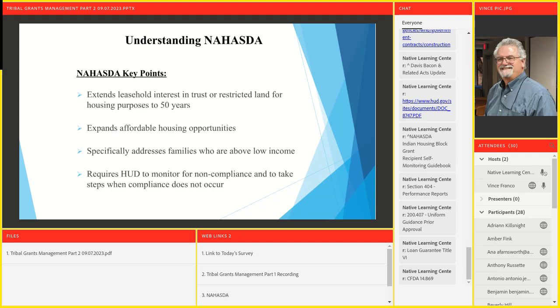Okay, very good. Moving along, making good time, good progress. Don't have much further to go. Next points: it extends leasehold interest in trust or restricted land for housing purposes for 50 years. There's that 50-year reference again. It expands affordable housing opportunities. That's the whole point of NAHASDA, expanding Native American low-income affordable housing. When I say affordable, they're talking low income. And they do give a definition in there. The next bullet specifically addresses families who are above or below the low income. And it gives a definition in the legislation of low income,